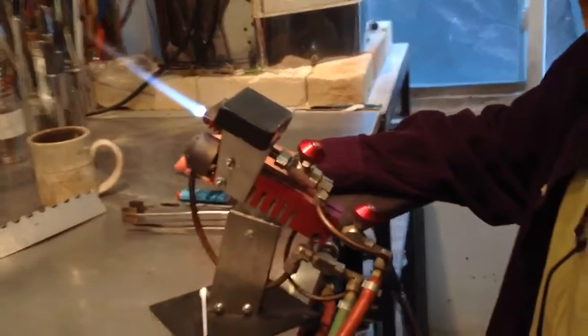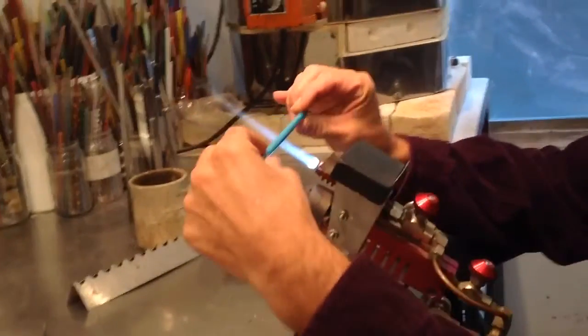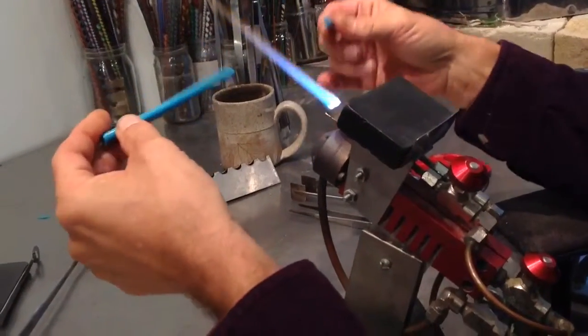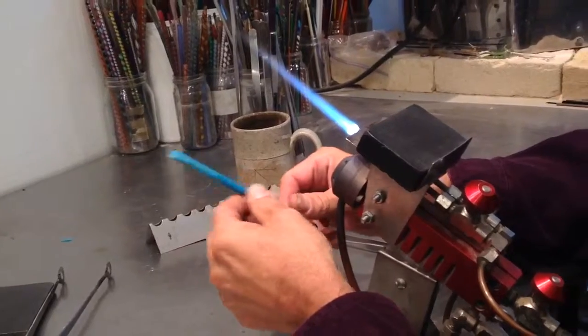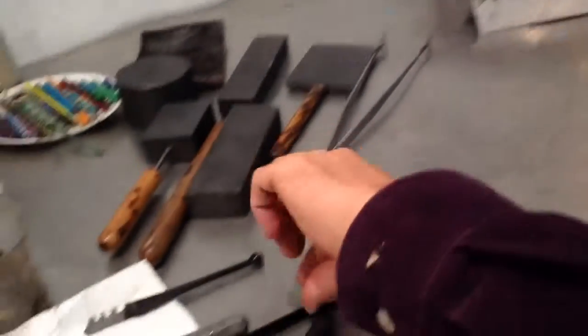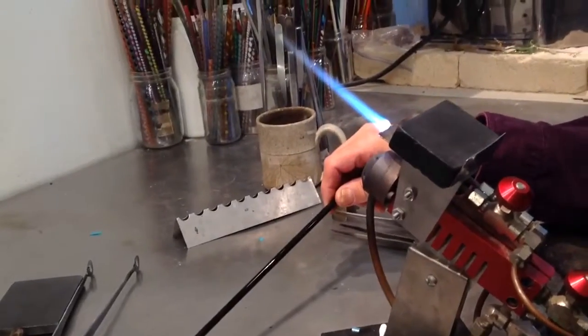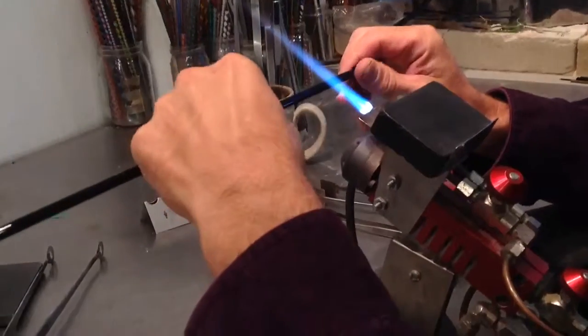So let's take this piece of blue glass, and I'm just going to rotate the glass through the flame. Whoa, that's one way of cutting it. This glass is thermally reactive soft glass. It's getting short, so I'm going to take this longer piece of black glass. And I'm also going to put my glasses on. You got to see that glass explode with me not wearing glasses. I guess I was out of the picture, but...